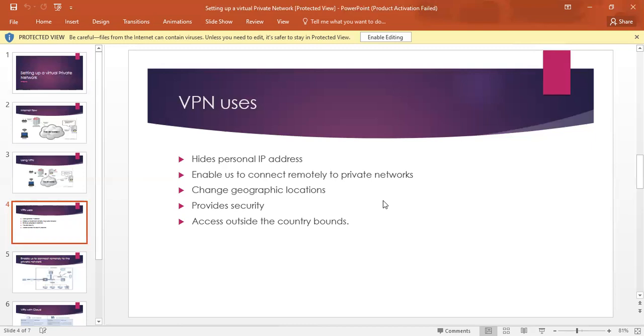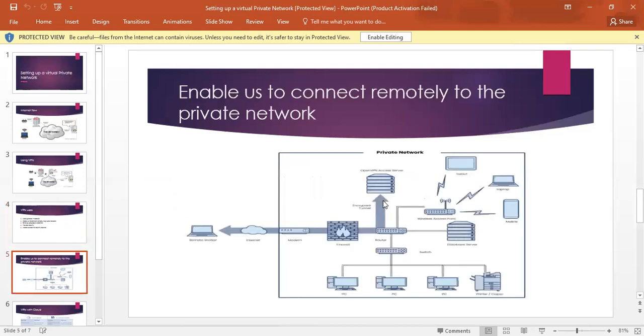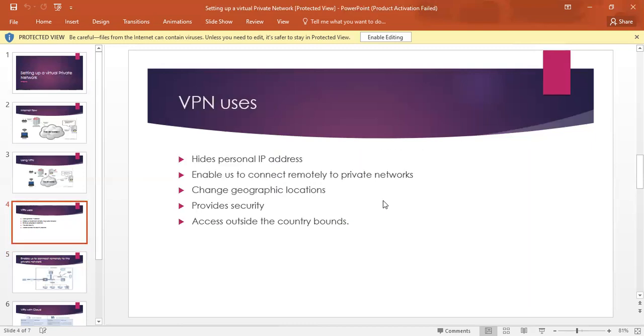And this is how VPN works, and why it is mainly used. No, please come back to the previous slide. It changes the geographical locations. Like I mentioned earlier, a person who is working in our country and who is working for an American-based company, his geographical location gets changed when he gets connected to the VPN of the American company,